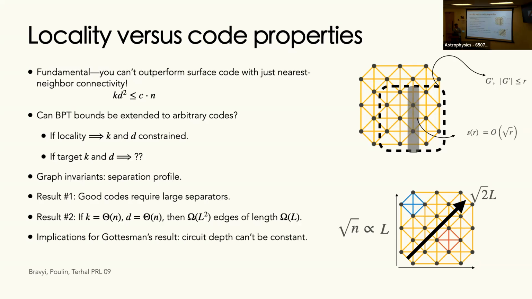Okay? And what does this imply for Gottesman's result? This is one of those things that was baked in. If you have two qubits that are far apart that need to talk to each other, and I need to perform a 2-qubit gate, but I only have nearest neighbor CNOTs, how am I going to do this? Well, I only have basically one trick. I can swap qubits over, perform the CNOT, and then swap back. But if they have to move a distance of L, then this implies a minimum time that I need to perform my circuit. If I have arbitrary connectivity,